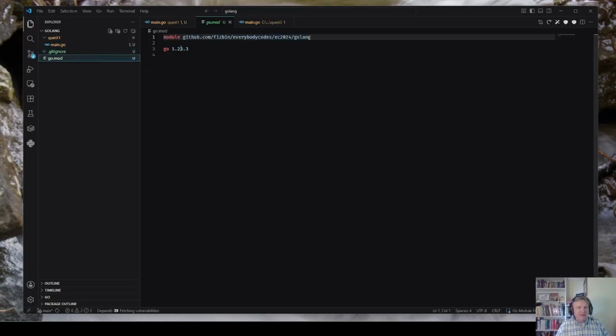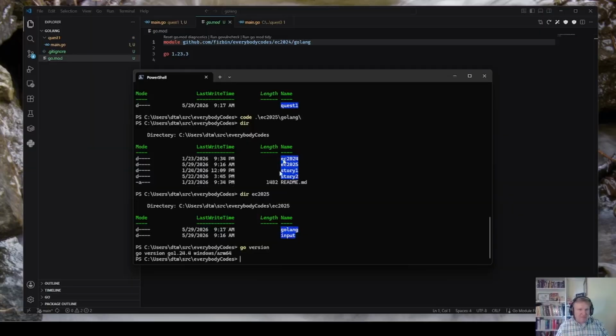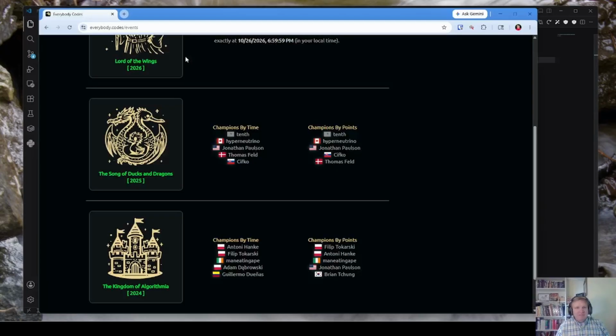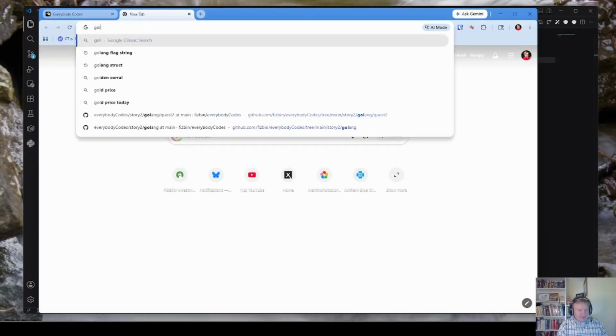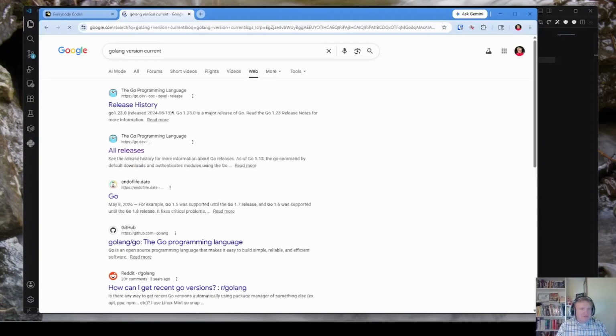Now actually, you know what? I should change my version of Go. I'm going to ask it, what version of Go do I have? Okay, I have 1.24 installed. You know what? I'm gonna ask, what is the current version of Go?